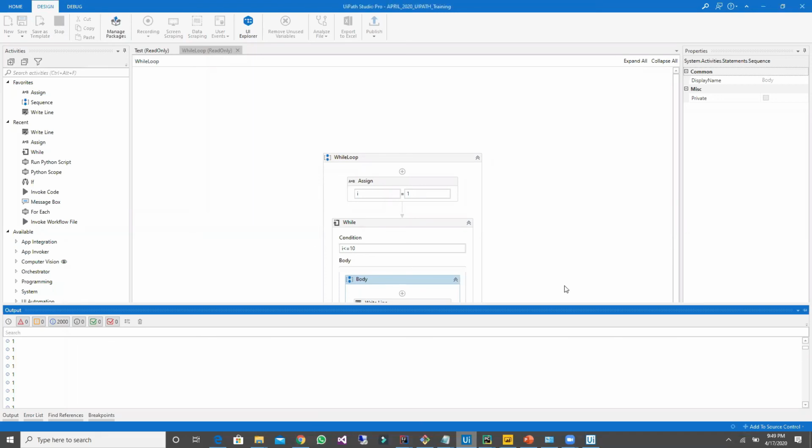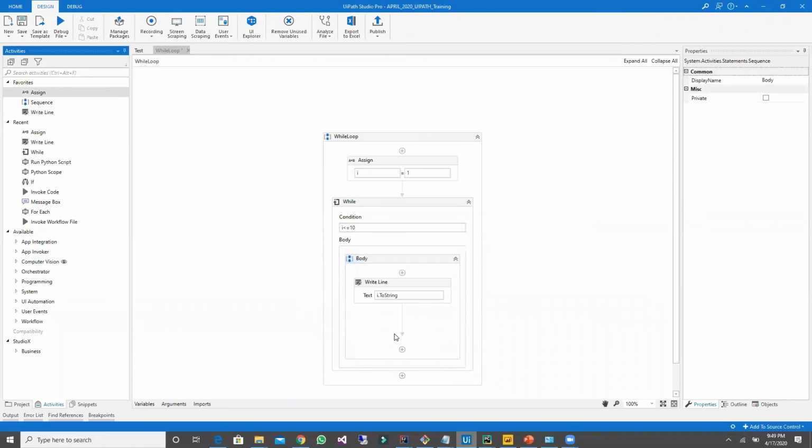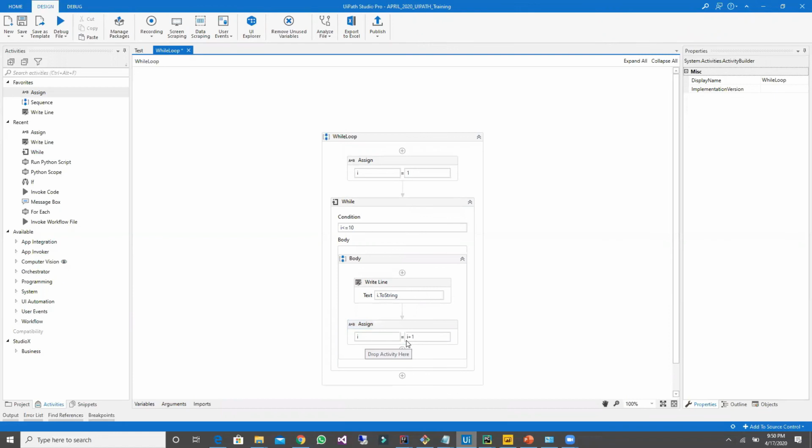I should double check whether I have a failing statement or not. So now let's see how we can write that failing statement. Just reassign the value, increment the value. So use your assign activity, and increment the value by 1. I equals I plus 1. It means that the old value I had earlier, I'm going to add plus 1 to that. So the first time I get the I value as 1, and I is incremented by 1, so I will become 2.